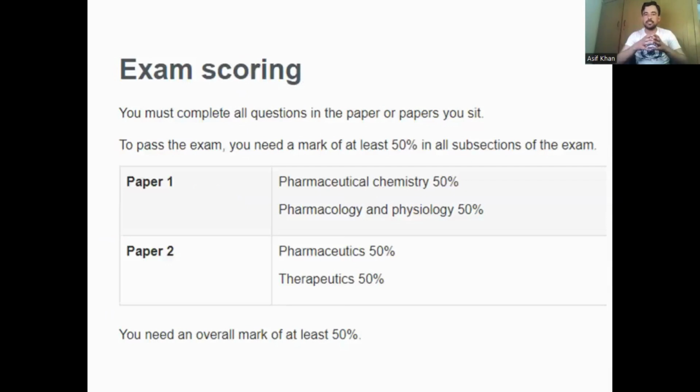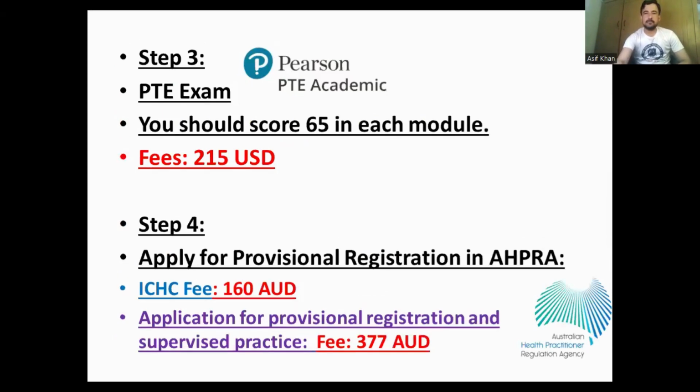In the exam scoring, this is also very important, that you must complete all the questions in the paper or papers you sit. To pass the exam, you need a mark of at least 50% in all subsections of the exam. Paper 1, pharmaceutical chemistry, you will score 50%, and the pharmacology and physiology, you will also score 50%, and similar is the case for paper 2. And overall, 50% is also needed. So this is basically the exam scoring. Now, when you will qualify this exam,